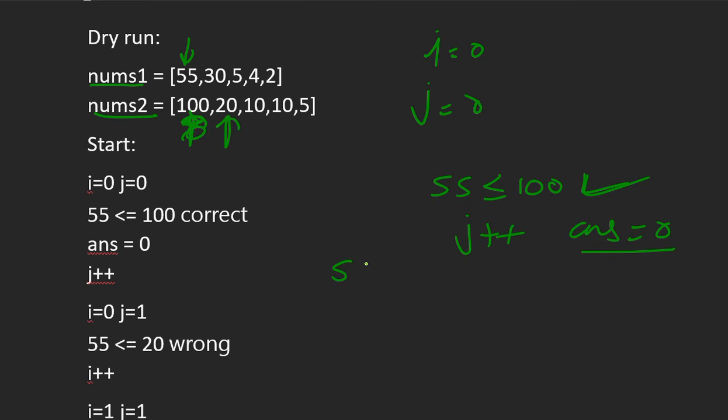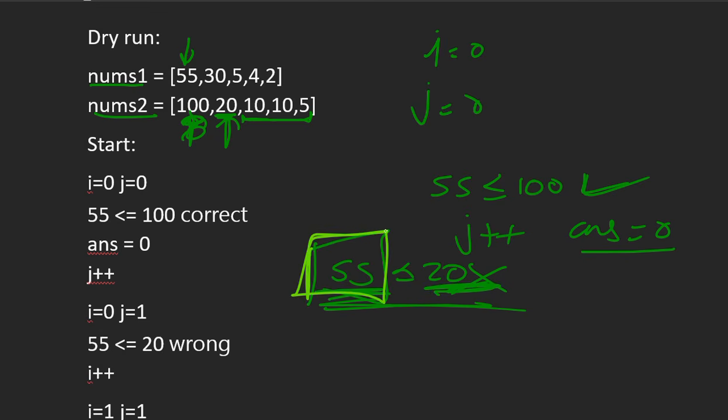And now we have shifted j to the next position. Now again we compare. Is 55 less than or equal to 20? No, 55 is not less than 20. So if we increase j, we'll see the nums2 of j will be smaller than the current element, right? They will be even smaller. So instead of increasing j, what we'll do? We try to minimize this. We want a smaller number than 55. So that we will get in nums1, and the nums1 index is denoted by I. So we increase I.